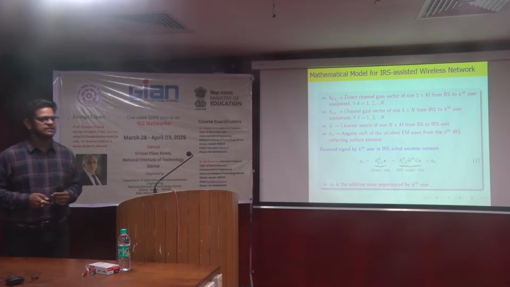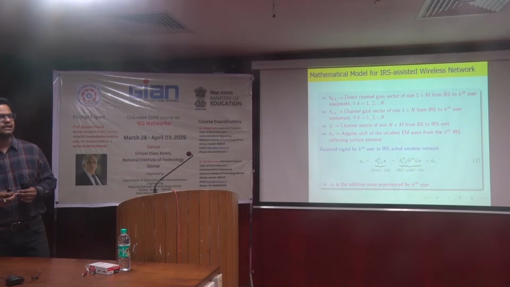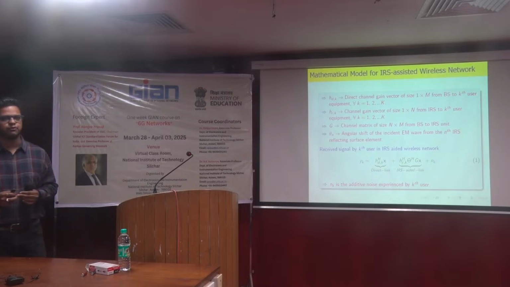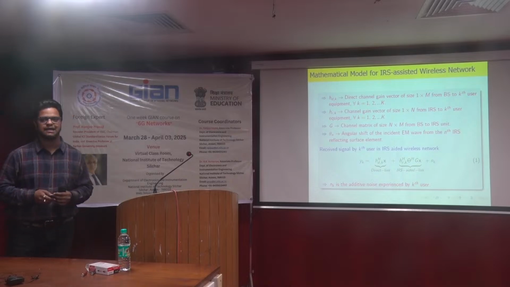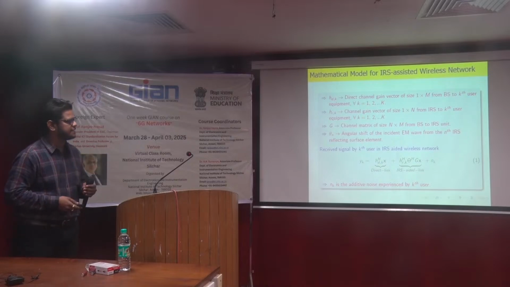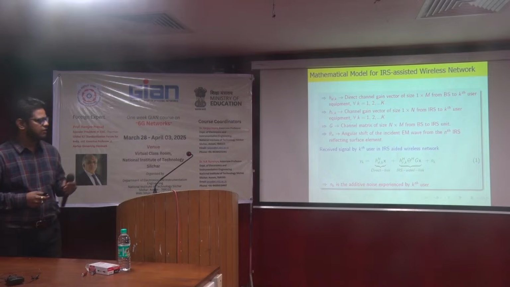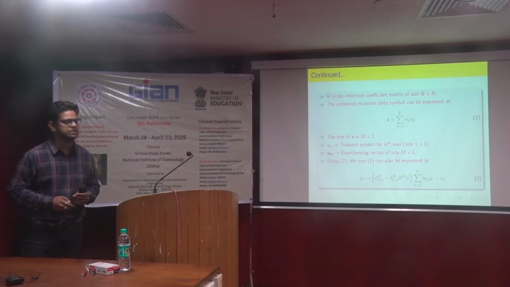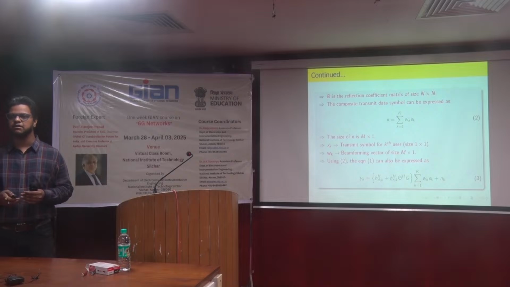So the received signal from the IRS to the kth user is given by equation 1, where we can see that it has two components. The first component is the direct link, where your base station has a direct link with your user. That can be denoted by the direct link channel matrix, and this X is the composite transmit data symbol, which is